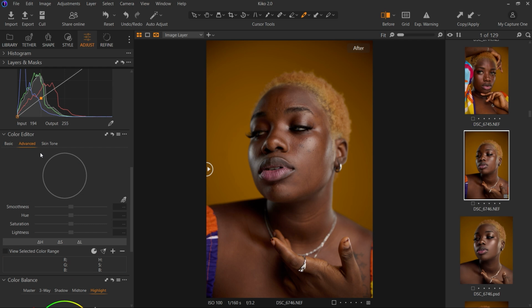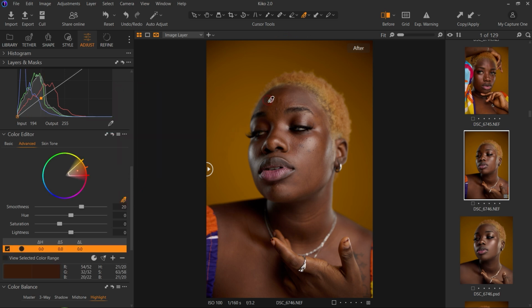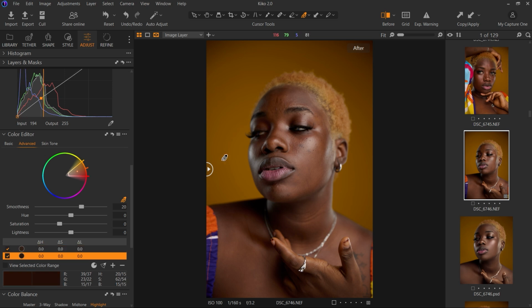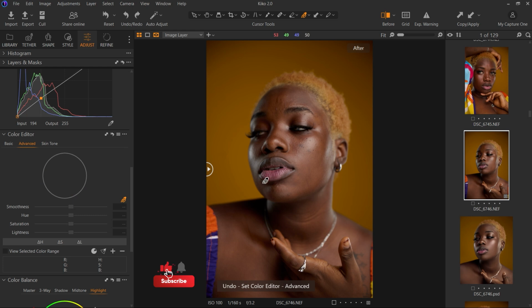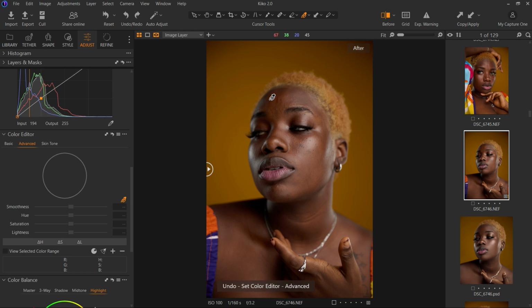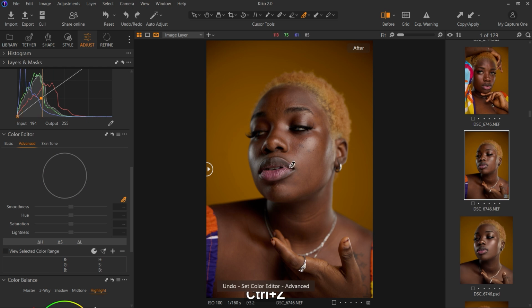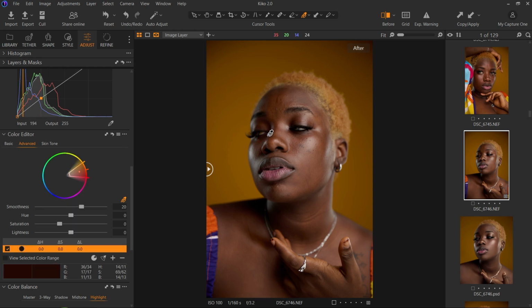So next, I go to the advanced color editor. I will use the picker tool here to select the skin tone which I want to work on. So I'll select these skin tones. Now for the advanced, you can select as many parts of the skin tone as you want and also adjust the color how you want it to be. So I've selected this part of the skin. When I select it, I now take my hue down, my saturation down a bit,